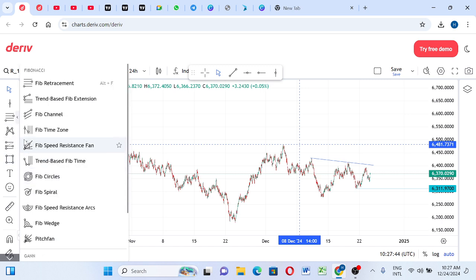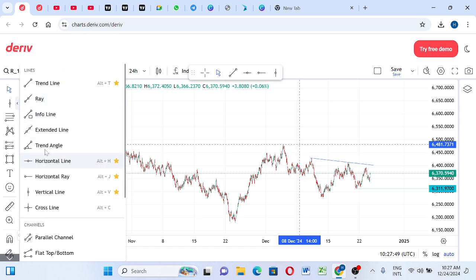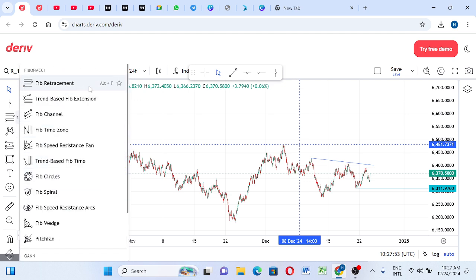So that is that for this one. That's that for this one. Now when we come here, we have the Fibonacci retracement. Now for this Fibonacci retracement,